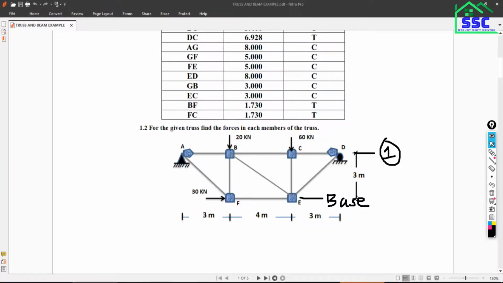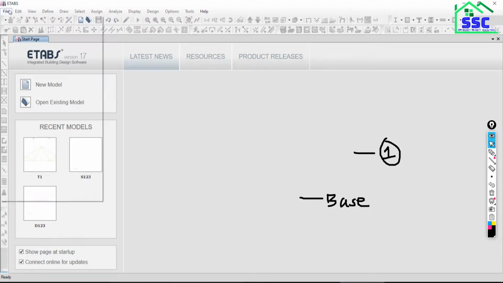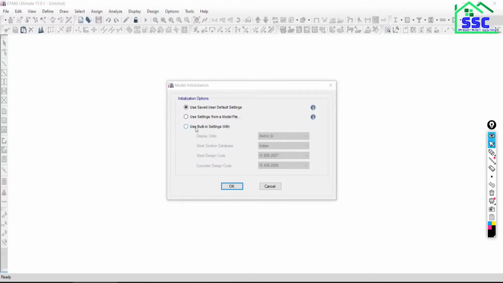So just come back to the software and go to File, New Model, go with all the basic settings, say OK. I have discussed all these points in the first session, what it means by the first option, the second option, the third option, and these basic settings.